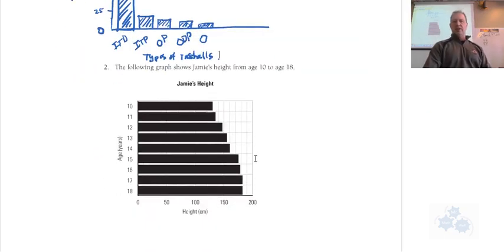All right, so let's do this one together as well. The following graph shows Jamie's height from age 10 to 18. So this is one person, and does that look like a girl maybe? Jamie, girl? I'm going to assume it could be a boy too, I guess. Yeah, it's about the same. I know Jamies that are boys and Jamies that are girls. So we'll say Jamie